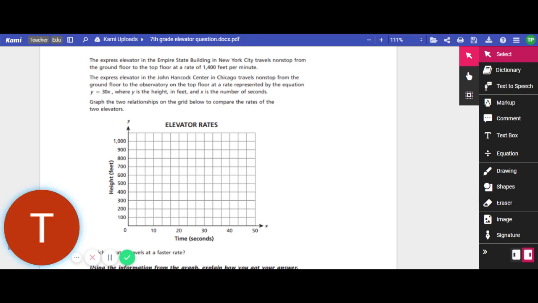The first thing I want you to do is read the question on your own. So I'm going to ask you to please pause the video and read the question. Now that you've read the question, you can see that we are asked to compare the speed of the two